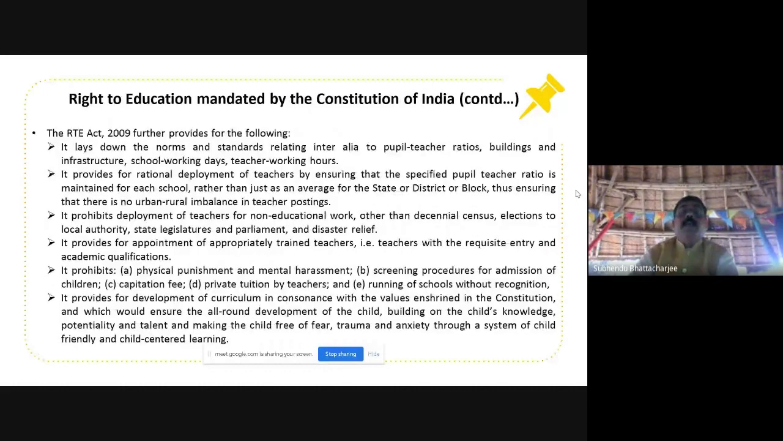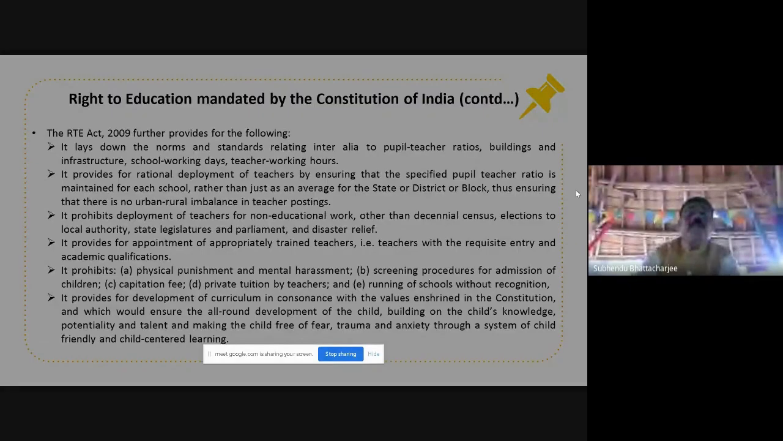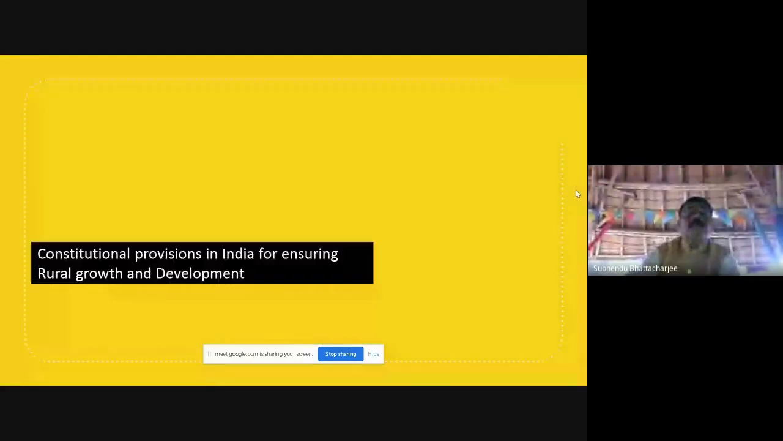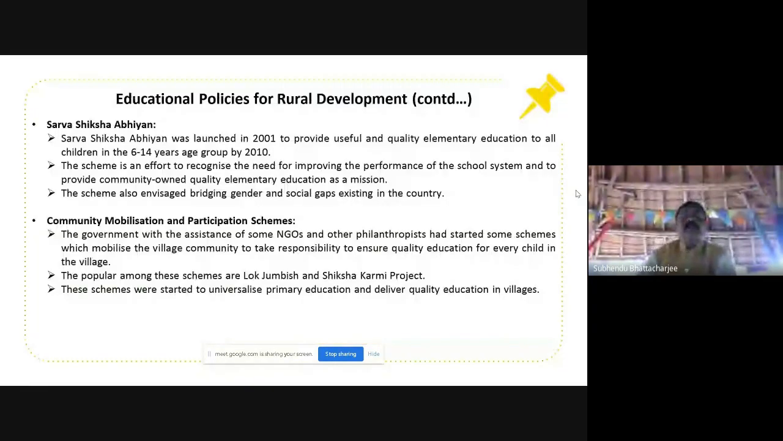And the Right to Education laid down criteria, number of teachers, infrastructure, everything. So I do not want to discuss everything here, because time is too short and it's a long meeting. So if you look at the correlation between educational policies and rural development,